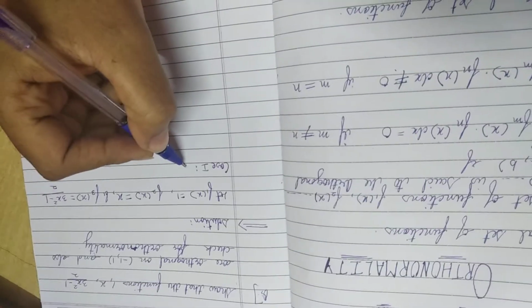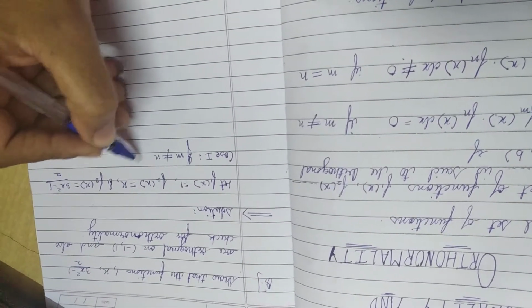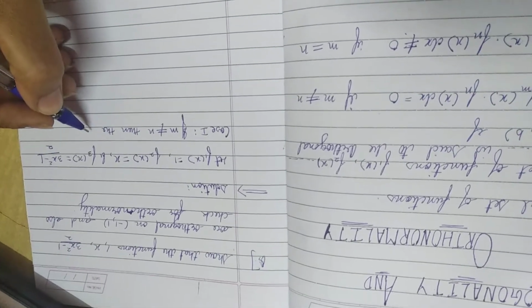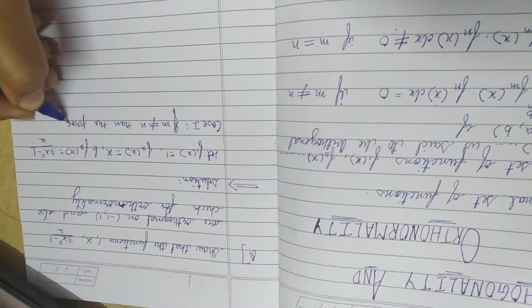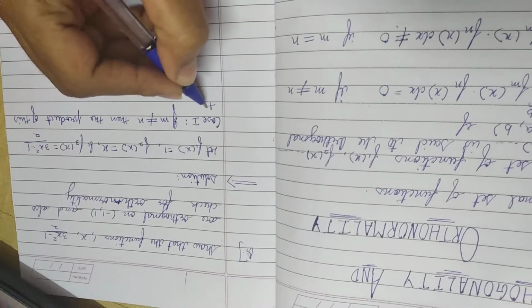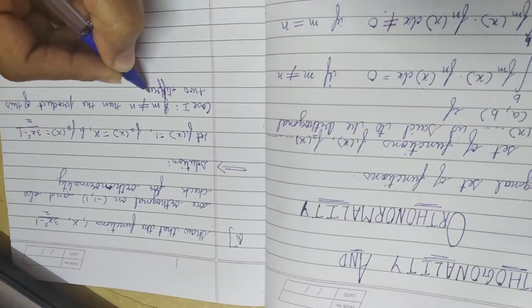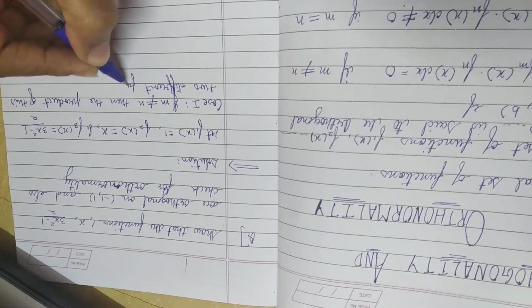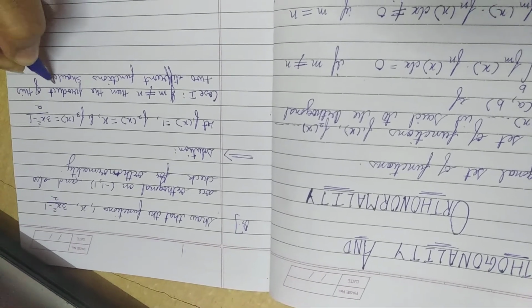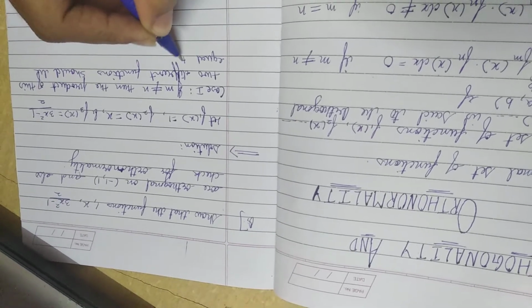Case 1 is if m is not equal to n, then the product of these two different functions should be equal to 0